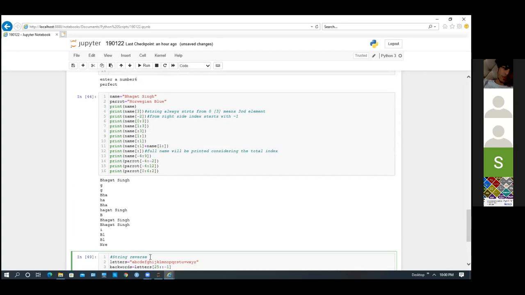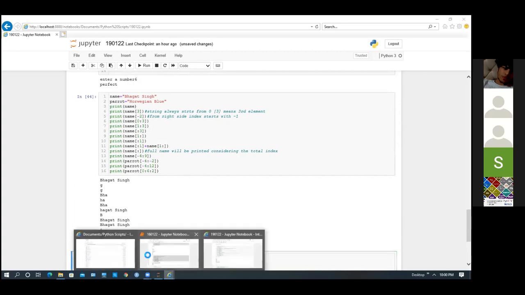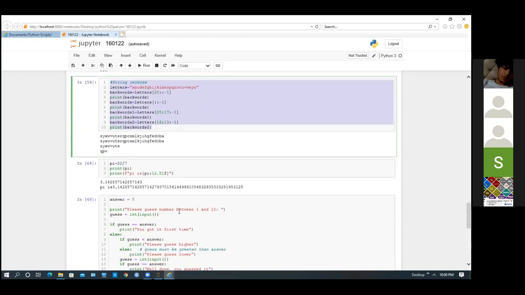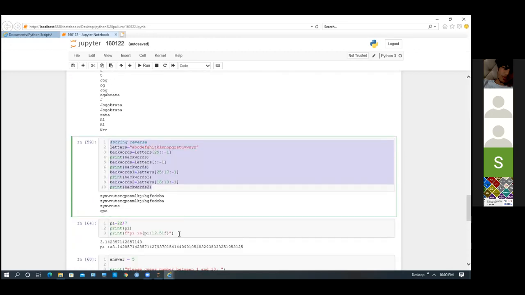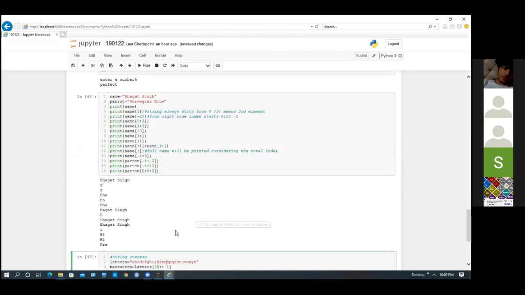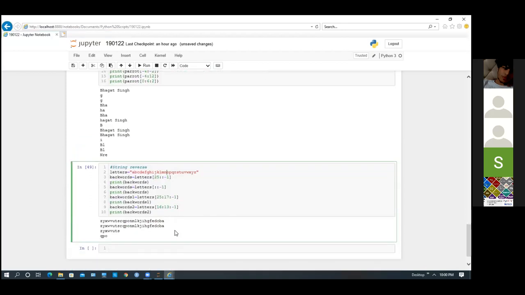Now let's try something. Sir, if I want to print this letter A, B, C, D from Z, can we not write this like print letters -1 to -25?